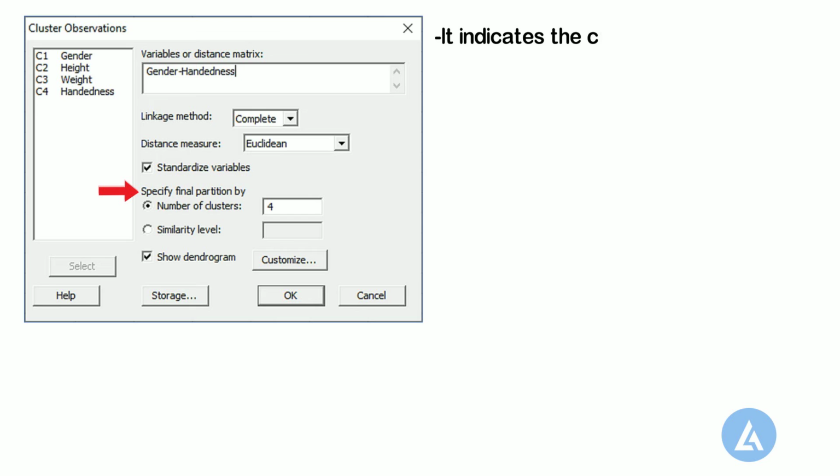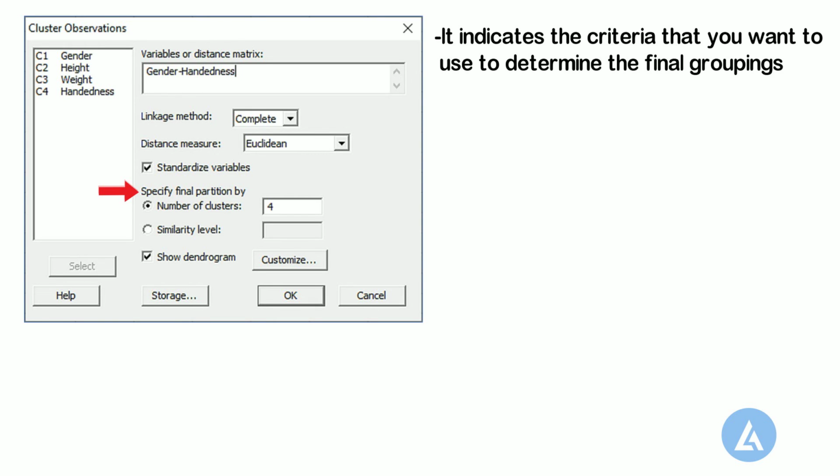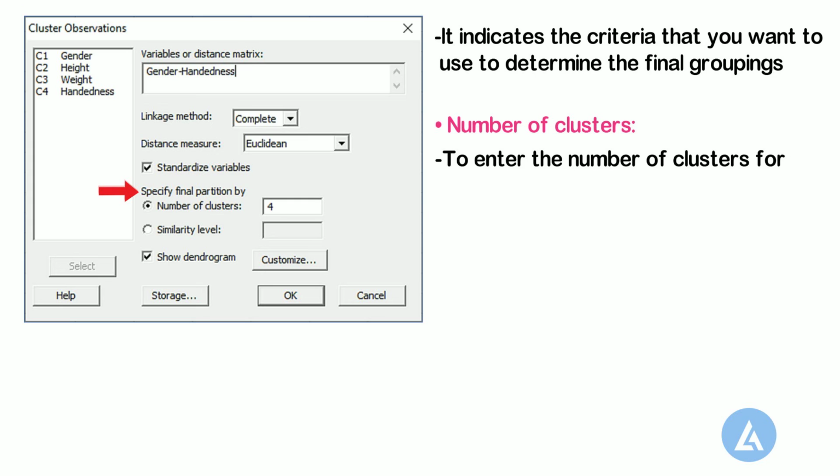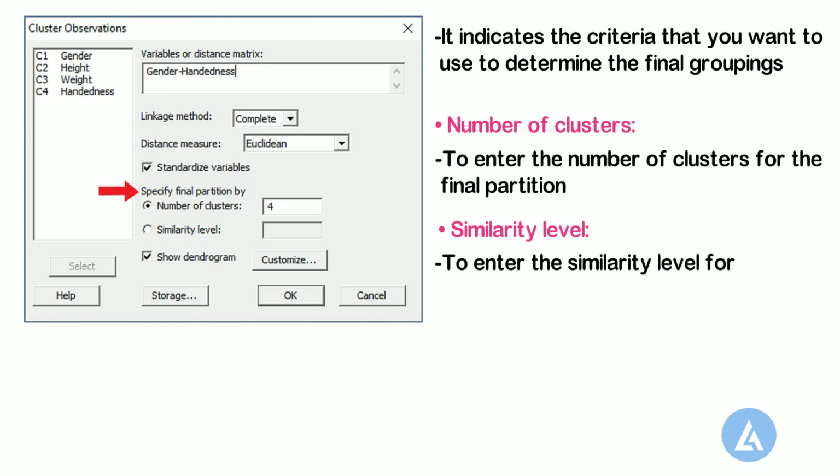It indicates the criteria that you want to use to determine the final groupings. In this, select an option of number of clusters to enter the number of clusters for the final partition. And select an option of similarity level to enter the similarity level for the clusters in the final partition.